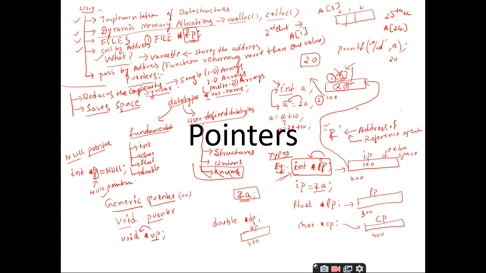And the other one is when you are dealing with low level programming, you have to access the addresses of the memory locations directly. In such cases you require the pointers, and it saves memory space. The pointer saves memory space.